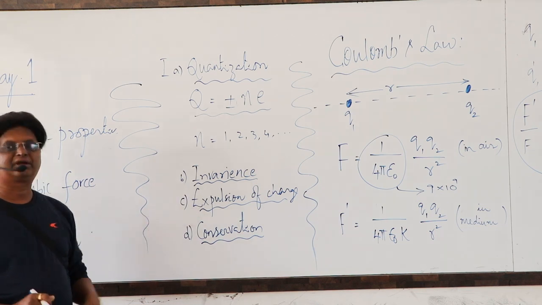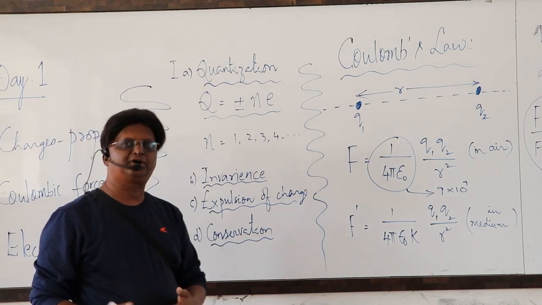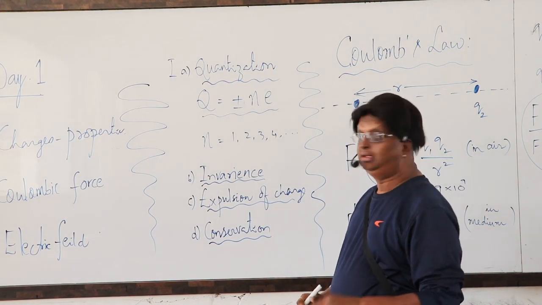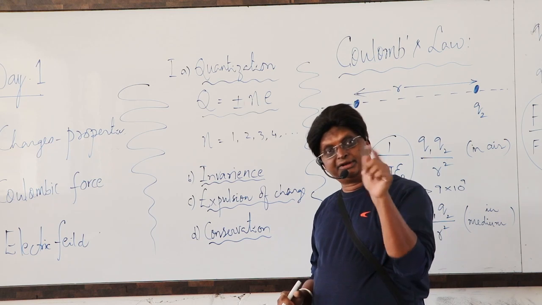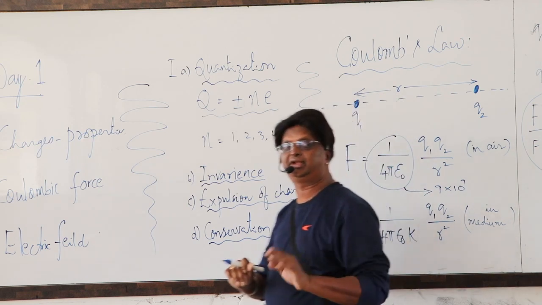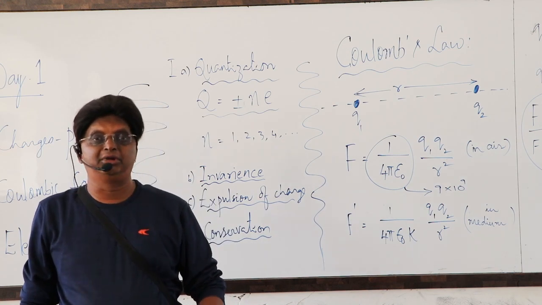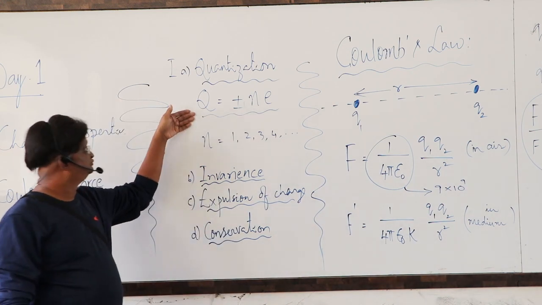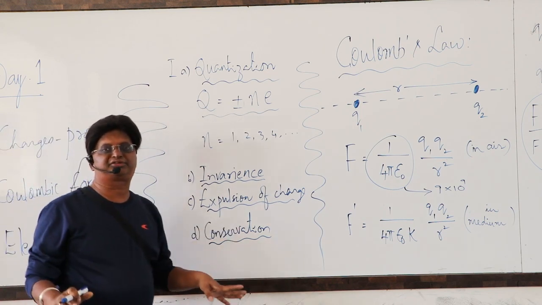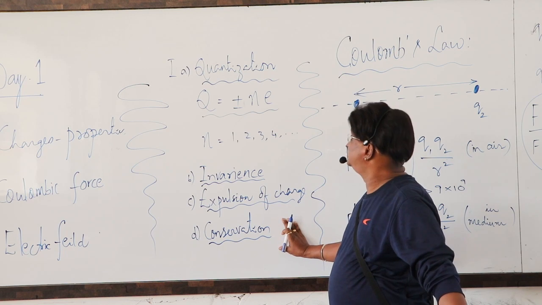The other one is the conservation of charge. That is, the total net charge of any isolated system will always remain constant. But as a theoretical question, do remember two important points. Quantization has a limitation. It is applicable at the microscopic level and not at the macroscopic level. Whereas conservation of charge is valid in all interactions in nature. There is no exception for the conservation of charge.